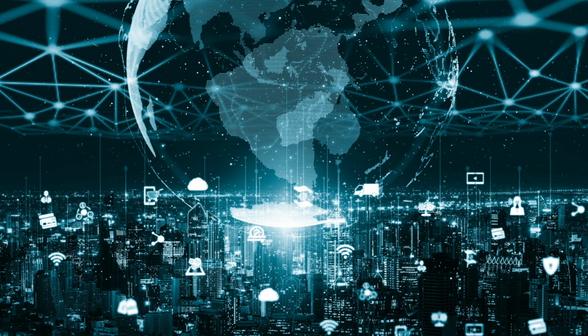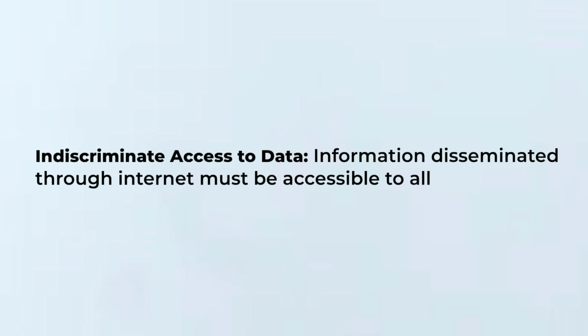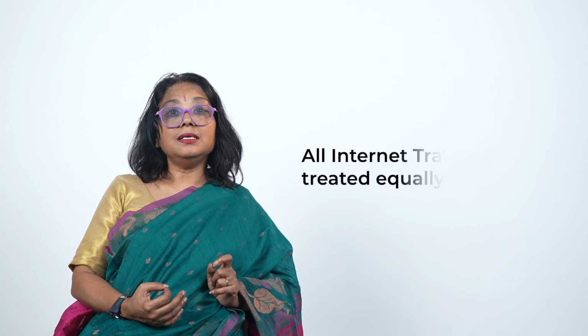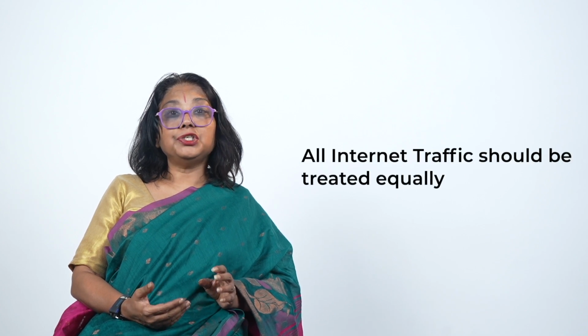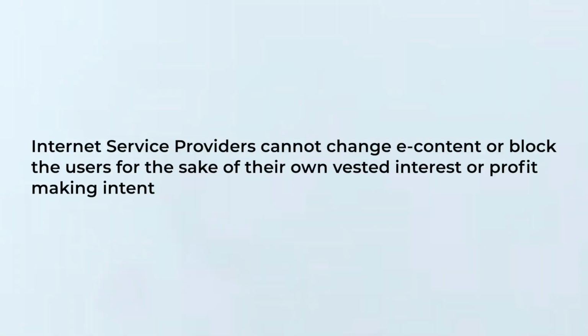It means information disseminated through the internet must be accessible to all. Third, all internet traffic should be treated equally. Internet service providers cannot change e-content or block users for the sake of their own vested interest or profit-making intent through the World Wide Web